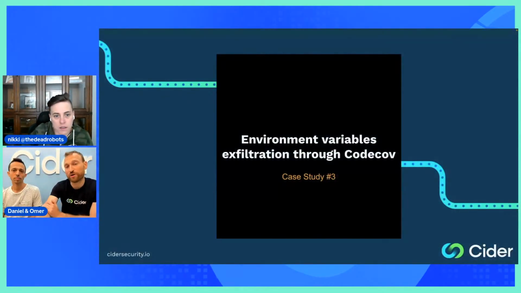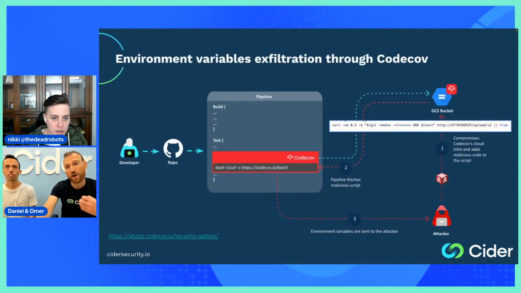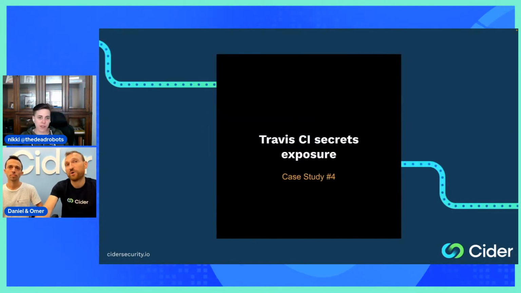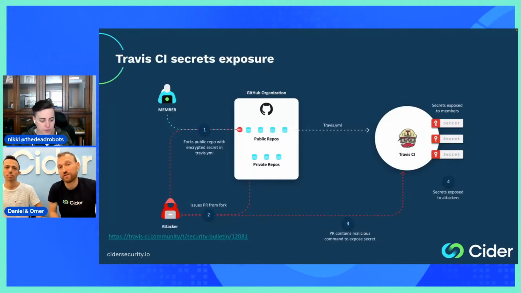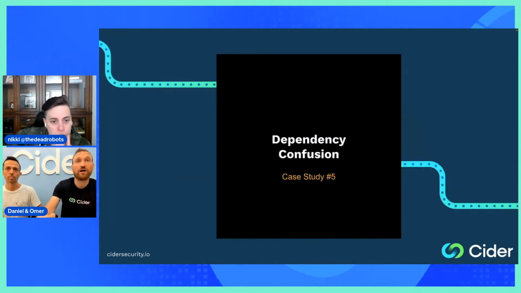But it was part of what we analyzed, and of course what we covered in the talk at RSA. So we had the CodeCov incident, where thousands of organizations had secrets stored as environment variables exfiltrated. We had the bug in Travis that exposed sensitive secrets stored in the Travis CI to pull requests coming from forks. And then we had the famous dependency confusion, which wasn't made public due to a hack, but rather due